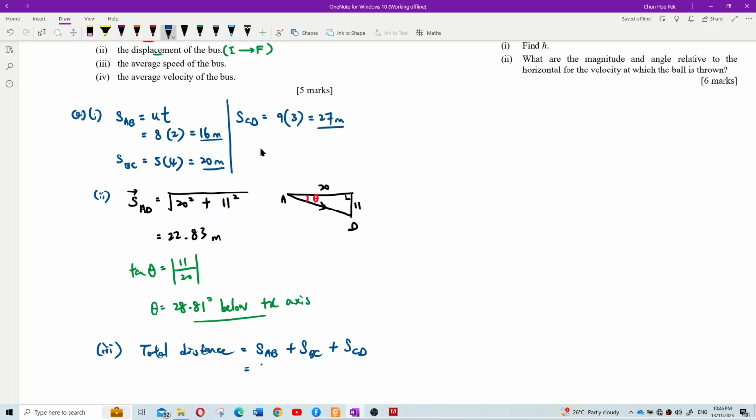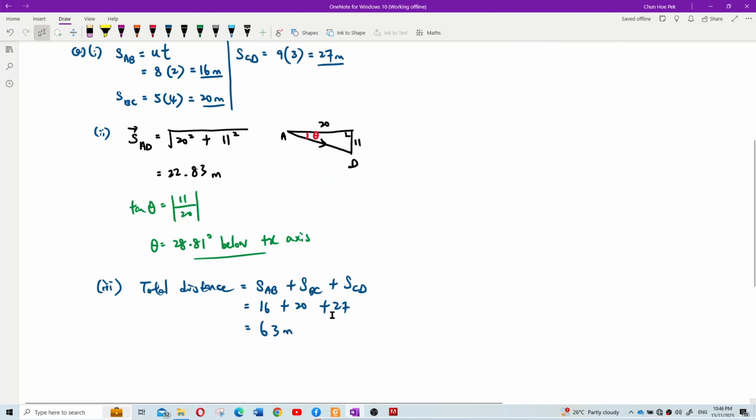So it is 16 plus 20 plus 27. So what do you get, class? 16 plus 20 plus 27. So you get 63